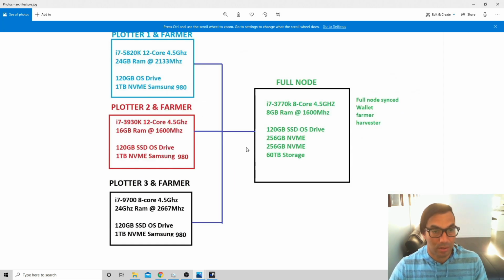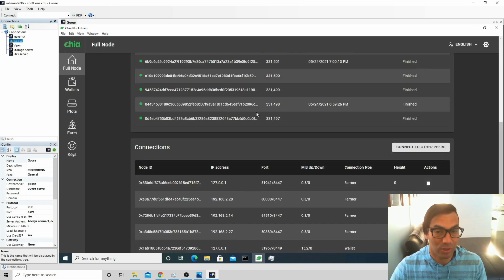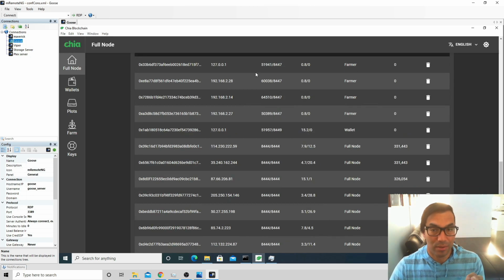But what I want to show you right now is my Chia. So this is my full node here. It's synced. This is my full node status. Now if you take a look at the connections to my full node, you're going to see a bunch of